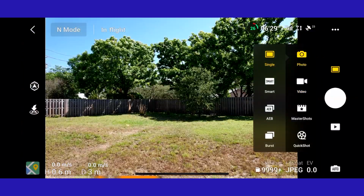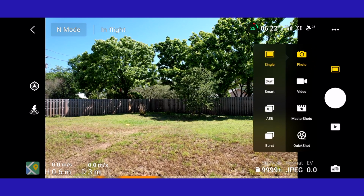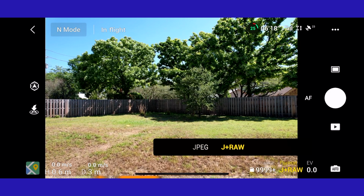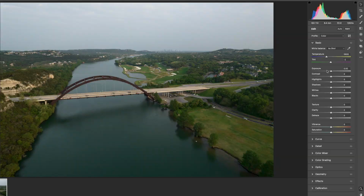JPEGs are great, but they're not very adjustable without some loss. You can go in and adjust colors and brightness and all that kind of thing, but when you do that to a JPEG, you compromise some things, whereas with a RAW file, you can actually adjust the exposure value as if you had changed it in the camera before you shot it. So it's more lossless, gives you a lot more leeway to do color correction and adjustments on your photos, and